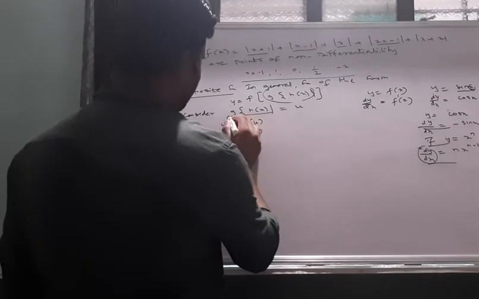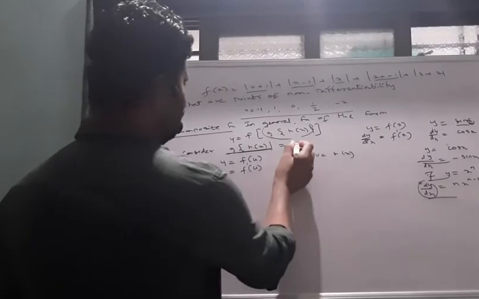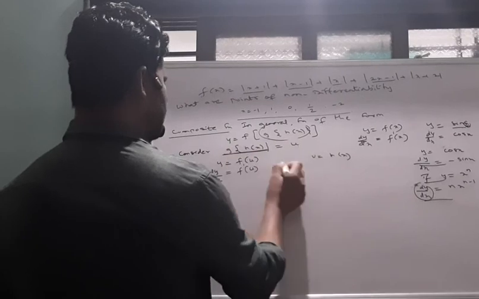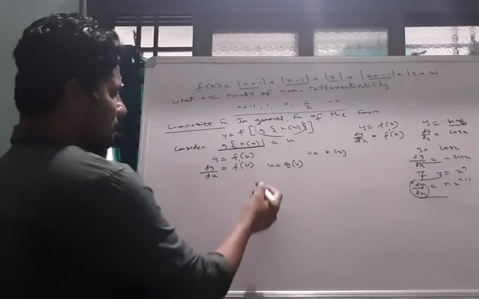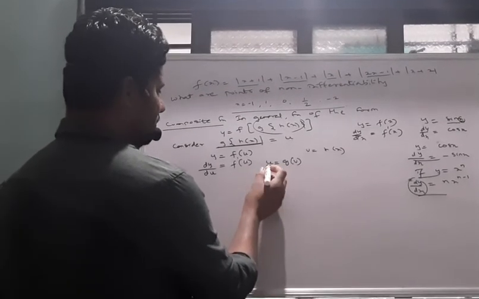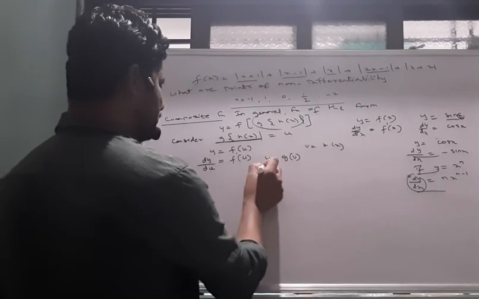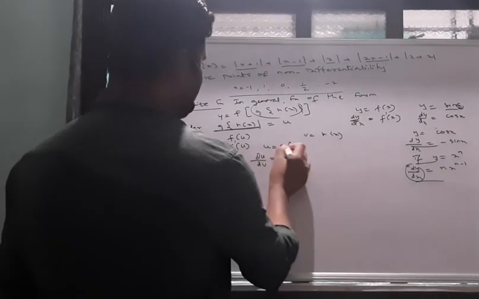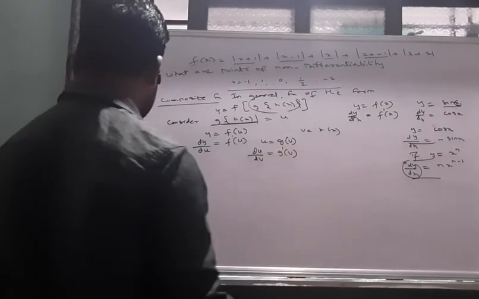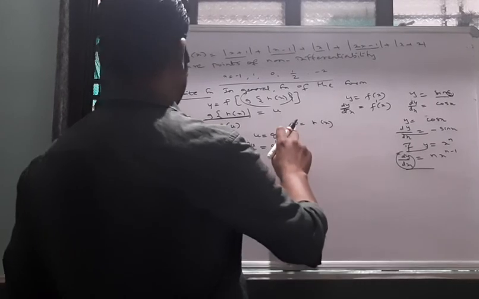Again we decompose g of h of x. I will take v equal to h of x. Then u is equal to g of h of x, which is g of v. See here, u is a function of v, so u depends on v. So we can differentiate u with respect to v. du by dv is equal to the derivative of g of v, denoted by g dash of v. See here, v is directly dependent on x. There is no problem, because here there is only one function, one independent variable, and one dependent variable.